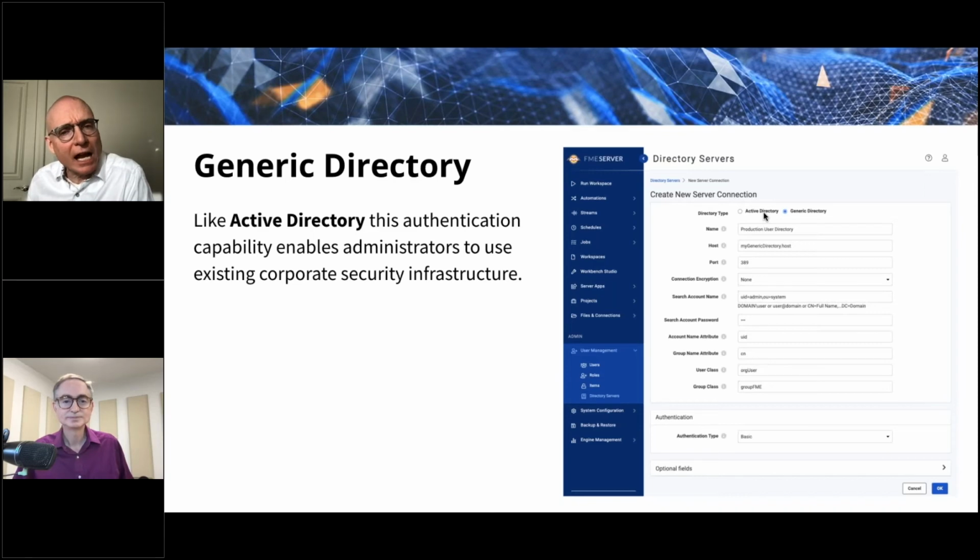And a little bit of foreshadowing: there's going to be a third one added this year, and the last part of it is Active Directory, but yeah. Okay, cool. Yeah. So generic directories, that's sort of like no name directory, Don?